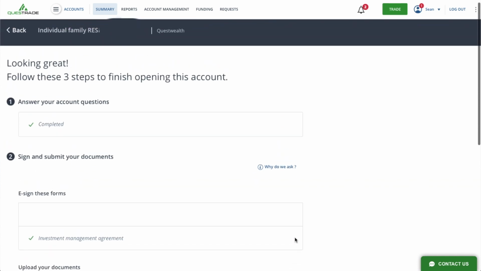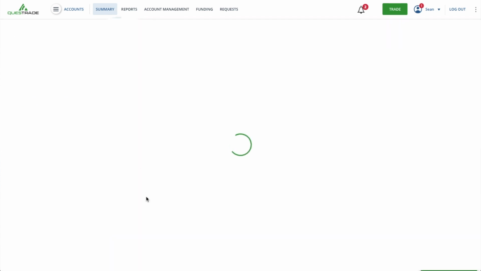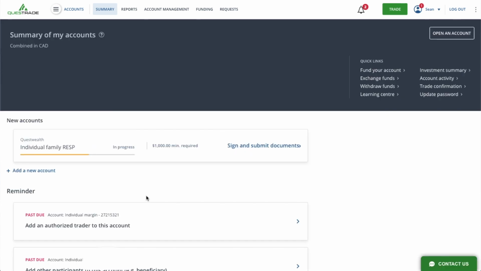So for now, that is basically it. We just play the waiting game and pay attention to your email for any updates from Questrade. What should happen is you'll get an email from Questrade when your money has successfully come over and your account is getting ready to be set up. And what you might see is the money sitting in that Questrade account as cash for a little bit. Questrade, I think, picks the first week of the month to take your cash and distribute it every month and buy up all those ETFs and all those investments. So your money may sit there for a little bit as cash, but sure enough, if you wait long enough, it'll